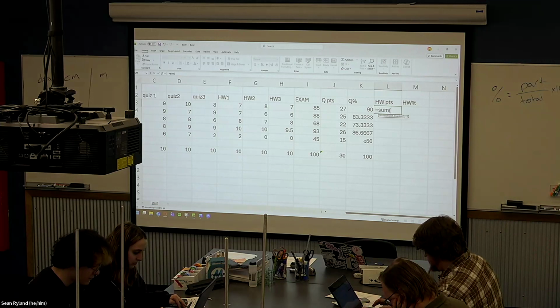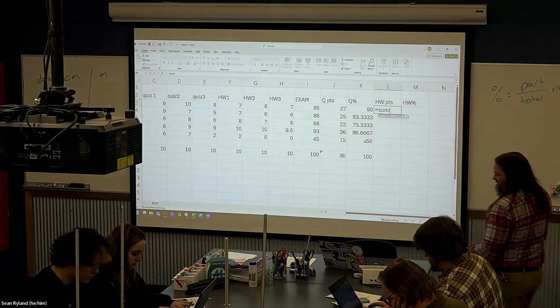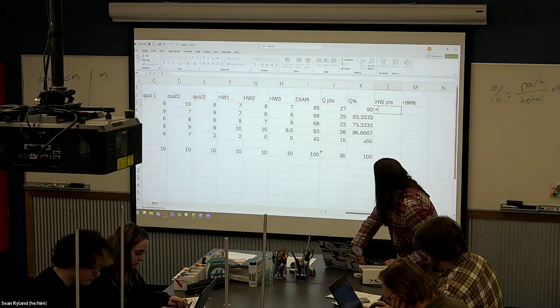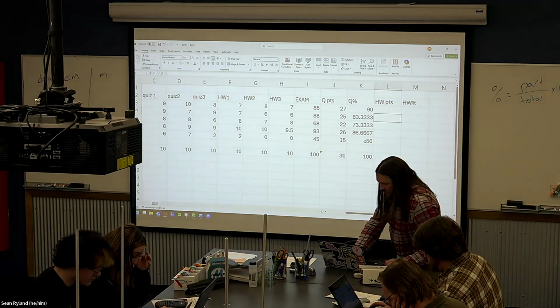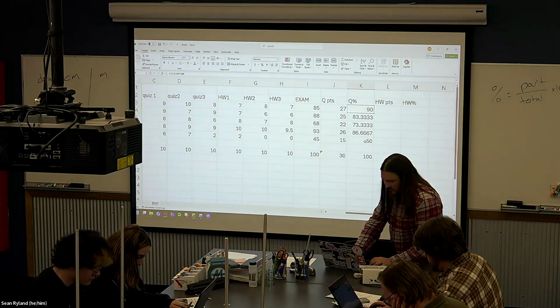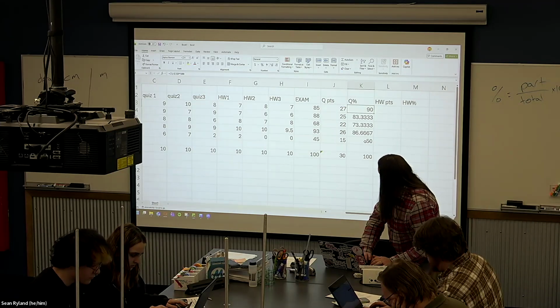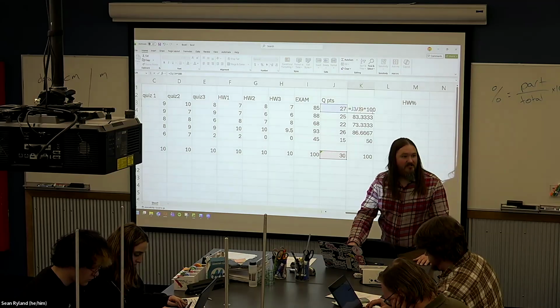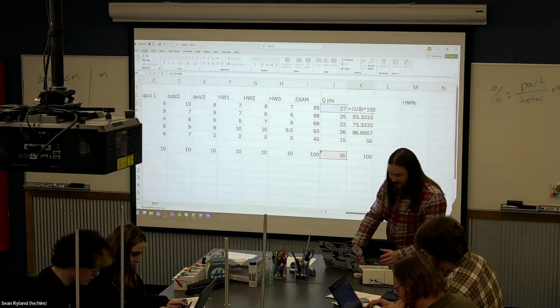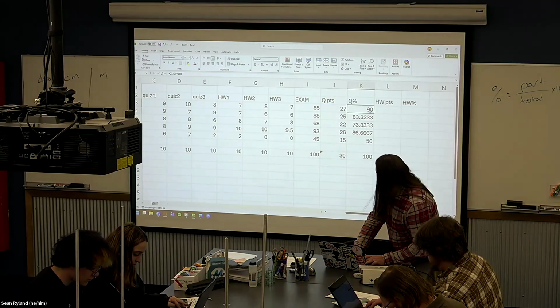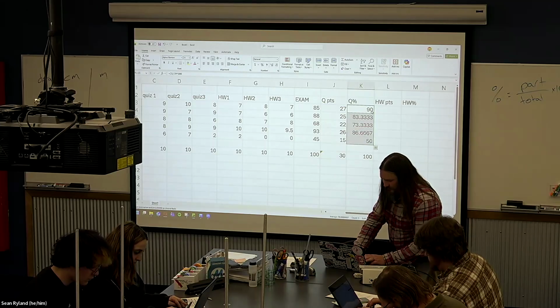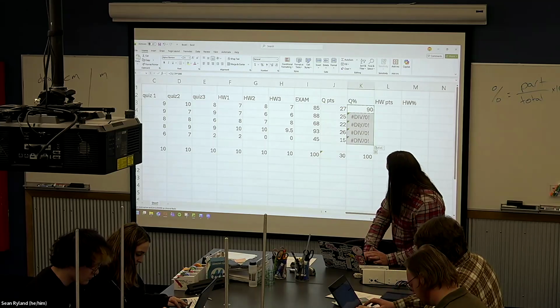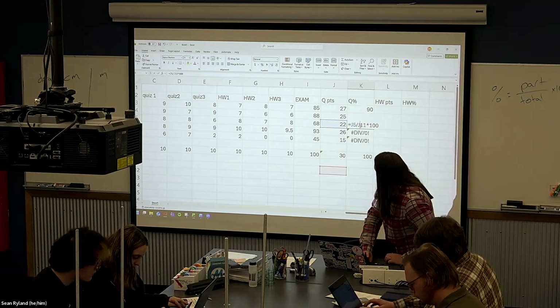Otherwise, when we copy and paste the formula, it shifts that cell down too. So we go back to where it was. If we don't have those dollar signs, the whole point of having these cells is that when we copy and paste, we want the cells to shift also, right? If we just do that though, when we copy and paste, we get these errors because this is